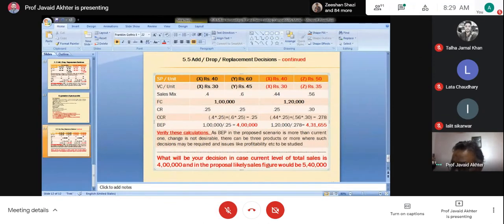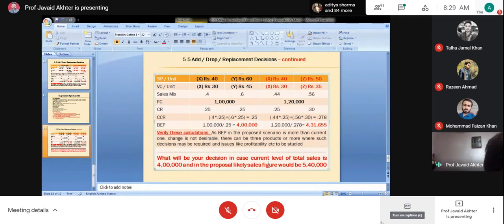If you travel 100 kilometers, the ticket may cost you 100 rupees. If you travel 1000 kilometers, will the ticket cost you 10 times or less than 10 times? Less than 10 times. So what is happening when you are buying more of its services? Per unit cost is decreasing. Per kilometer, the cost of travel decreases. So it is completely based on sales price, demand and supply.